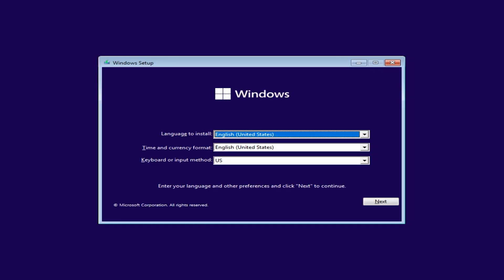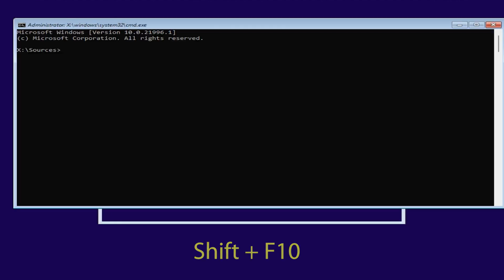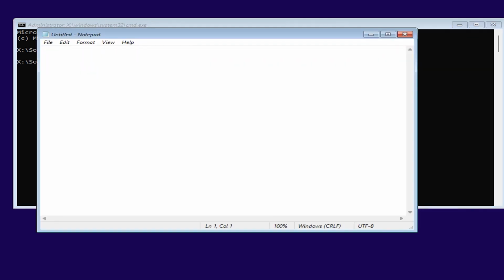At this stage, after booting from the installation USB drive, press the key shortcut Shift F10 to start the command prompt. One more thing you will need is to start the Notepad application. Do it with the simple command Notepad, and the program window will open immediately. Click File, Open,